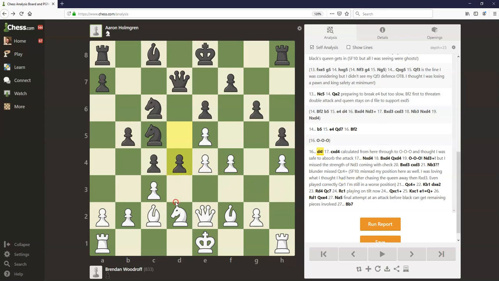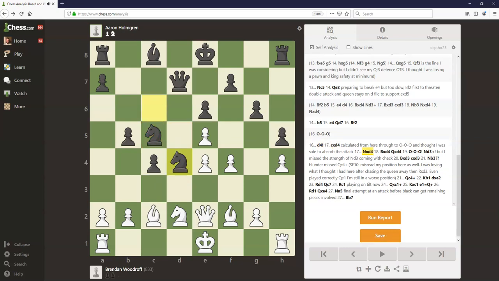I know it looks like d3 is scary, but this knight would also be under attack. You would have time to save your queen. But you did decide to go for a forcing line here. You played c takes d4, knight takes d4, bishop takes d4, queen takes d4, and it's still not too late to salvage this position. You could have played rook b1 here, just defending this pawn, and I think white's actually